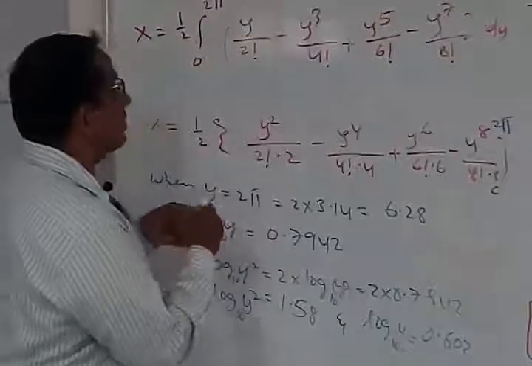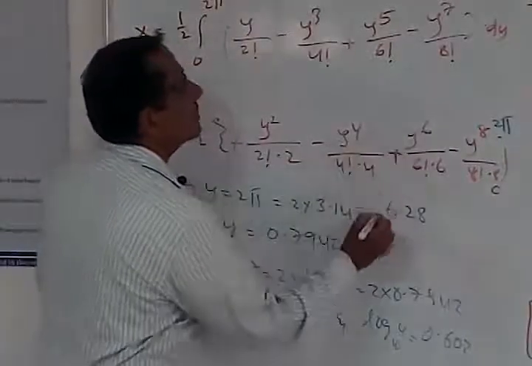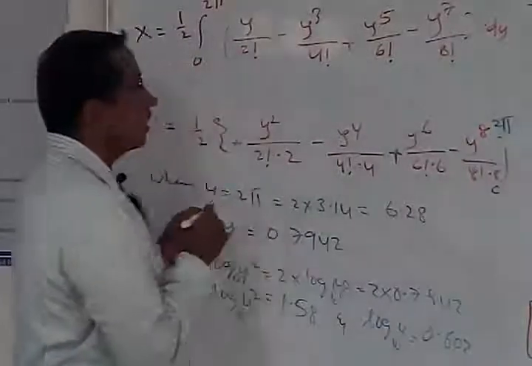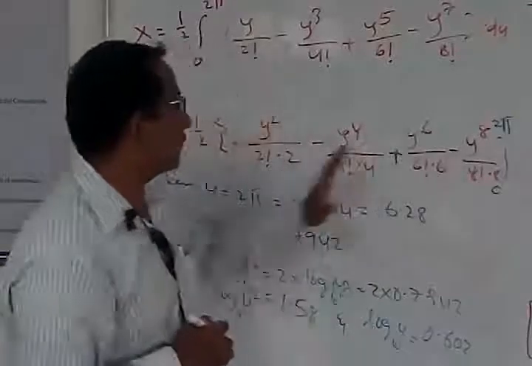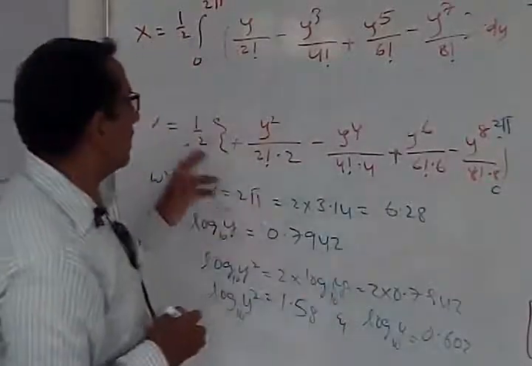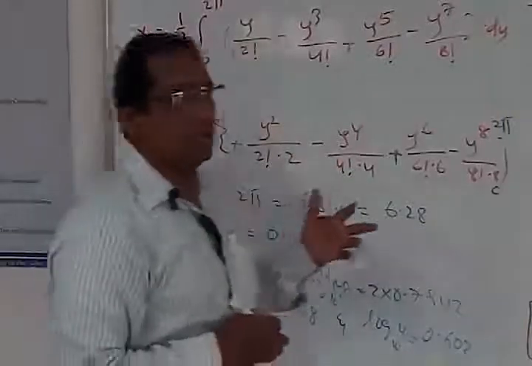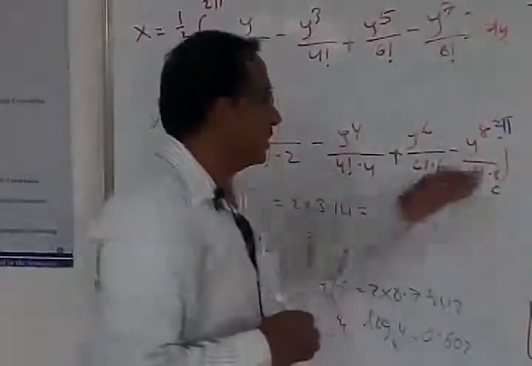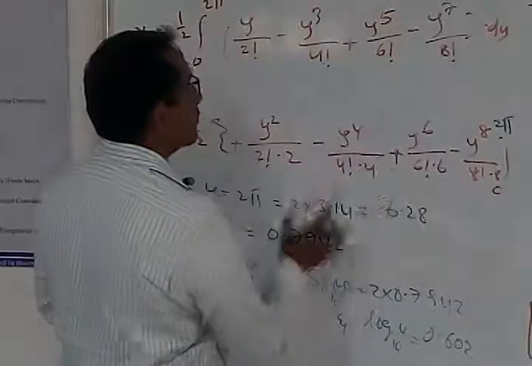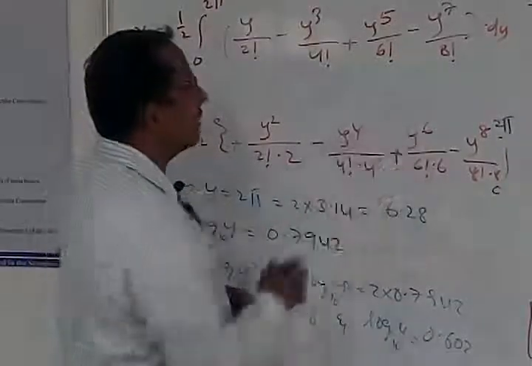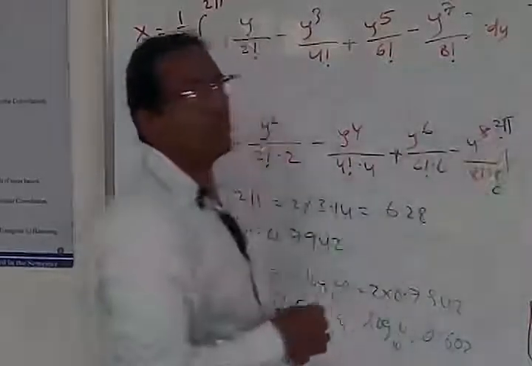See here, this is a positive term, this is a negative term, this is a positive term, right? Like that we should try to get the values for 4 positive terms as well as 4 negative terms. So in this equation I have shown you only 2 terms. Please try to extend in your notes with all the terms. So at least you should get 2 terms more for the positive and 2 terms more for the negative, altogether 4 terms we still are going to get.